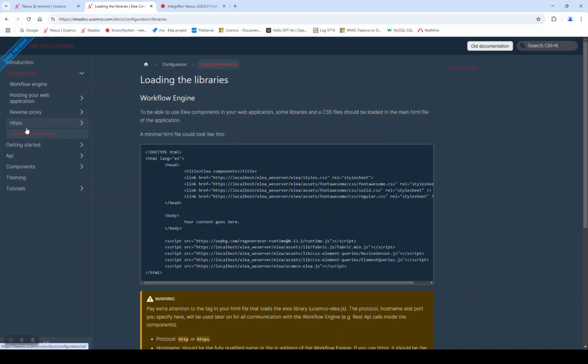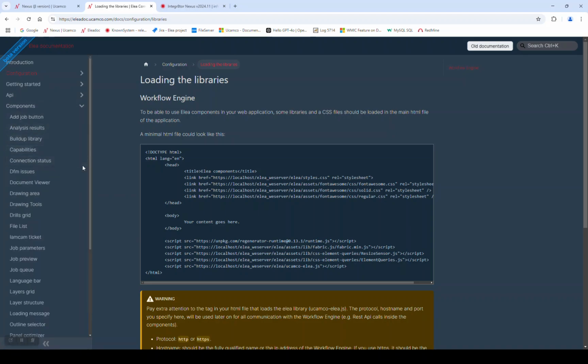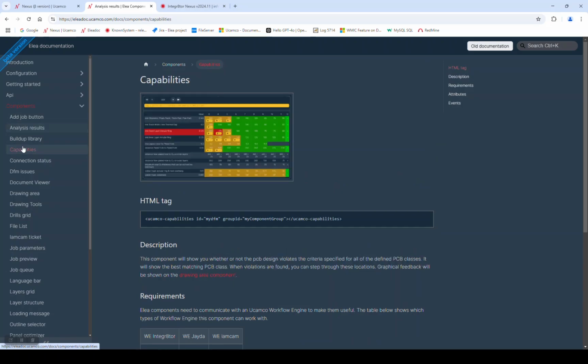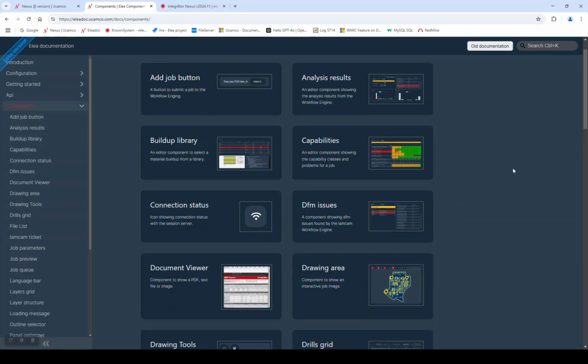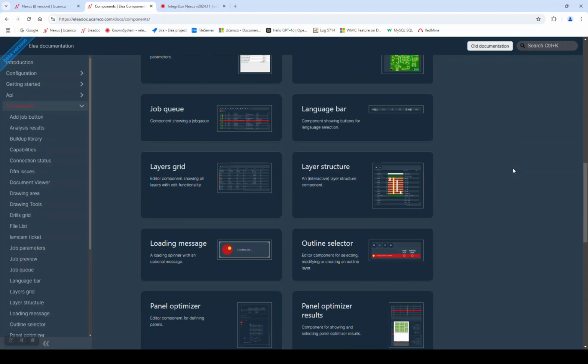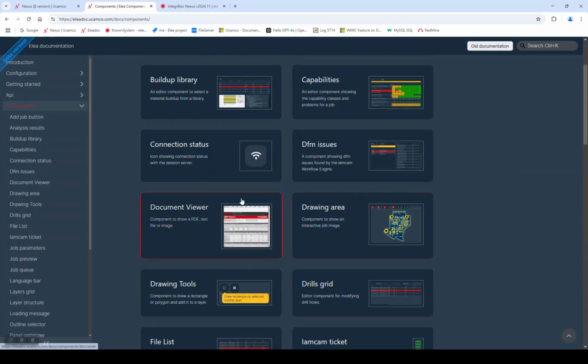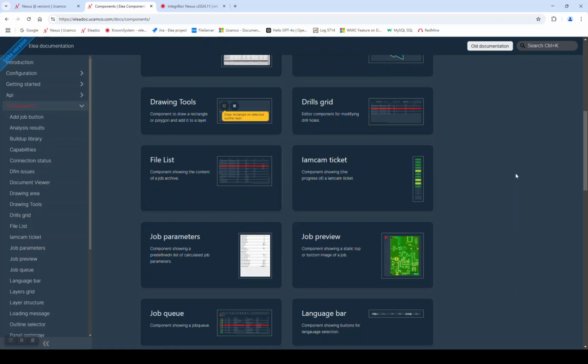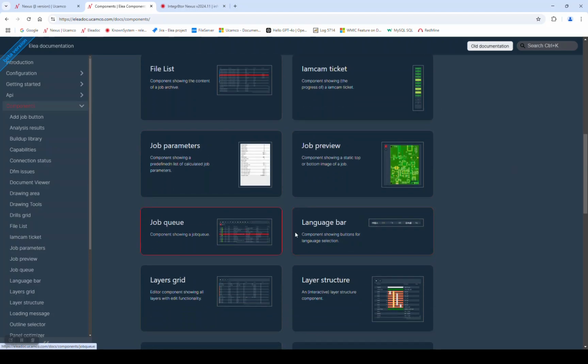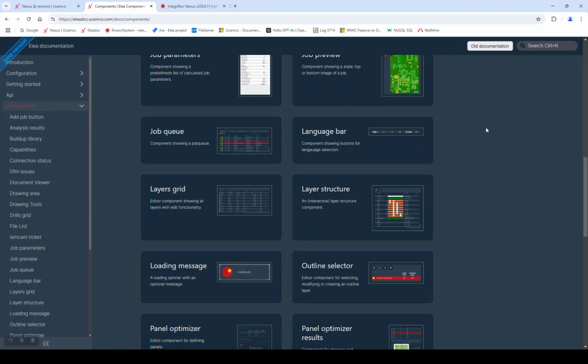And one of the very interesting parts in here, I think, is first of all the list with the Elea Web Components. If we go here on the main page, you will have a visual overview. All of these items that you see here are individual Elea Web Components. As we said before, currently we are using this in our own application, the browser-based viewers of the Nexus family. But in future, these tools, these blocks, these widgets will be made available in case you want to make some interfaces yourself or write HTML code that talks to the workflow engine, to the back end, and then you can integrate all of this into your own